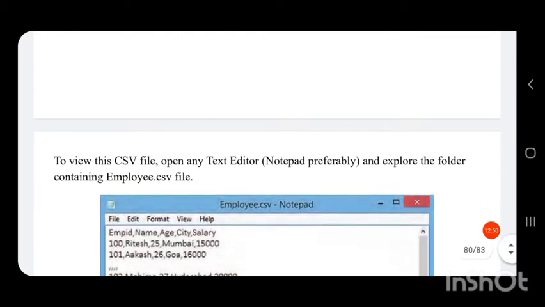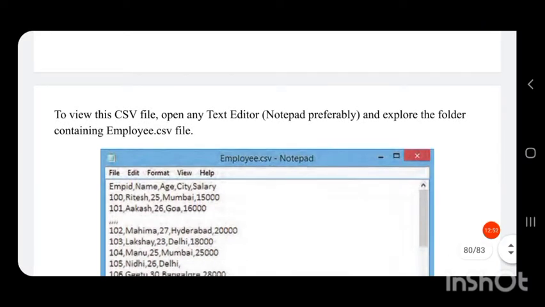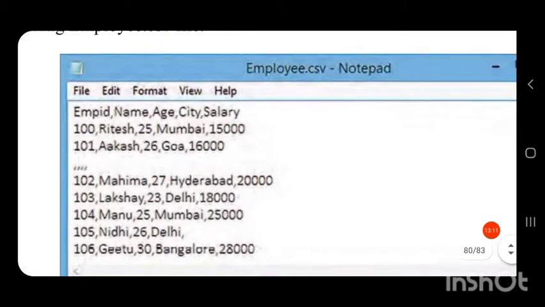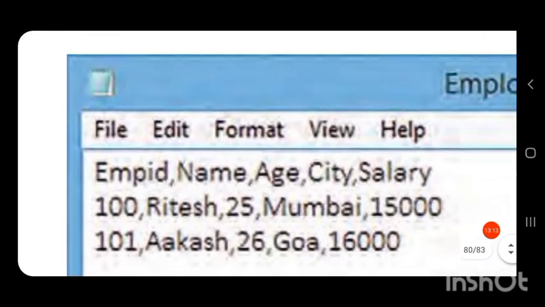Now let us see how to view this CSV file. We told that the CSV file format is a text file, so it can be viewed using a text editor. We have a text editor called Notepad. This is the icon of Notepad.